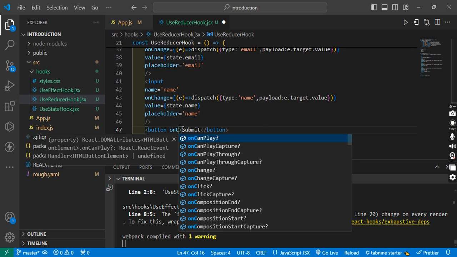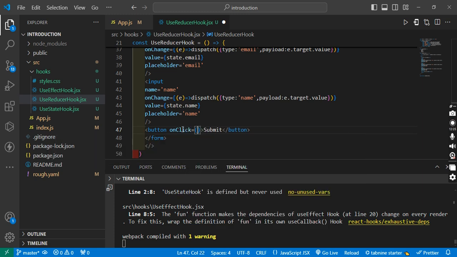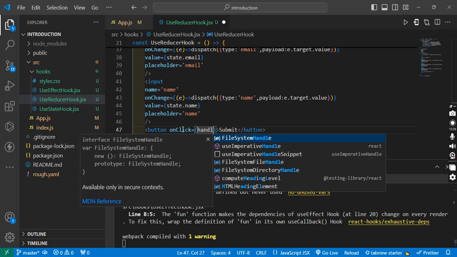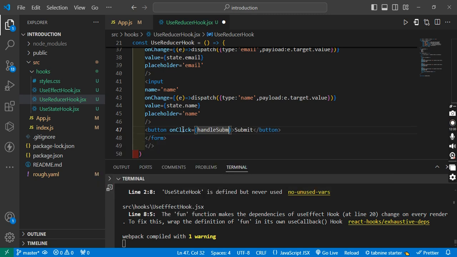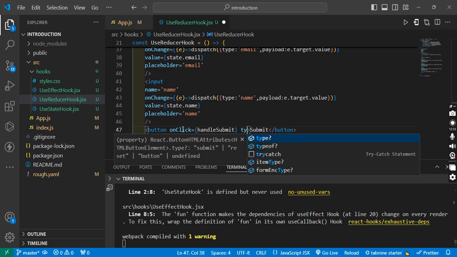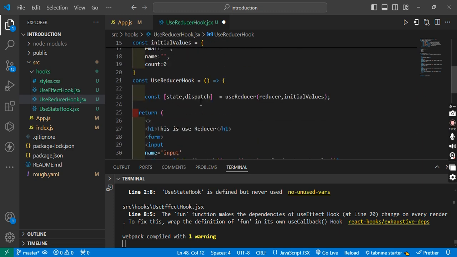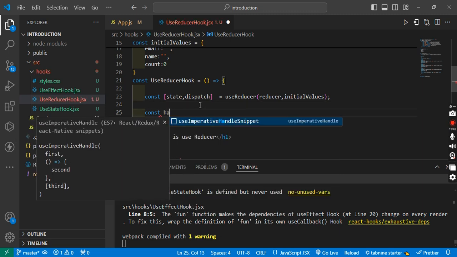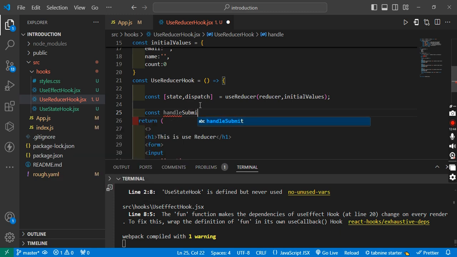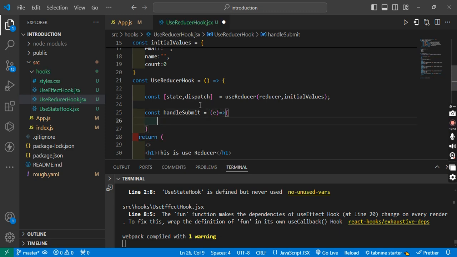Long click is equal to handle submit. Type is equal to submit. Okay, we have to write one handle submit. We have to prevent the form default behavior: e dot prevent default,